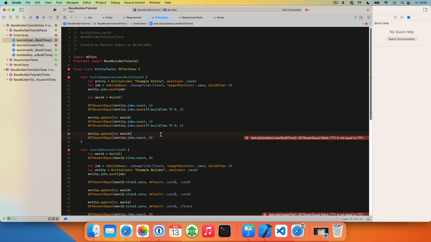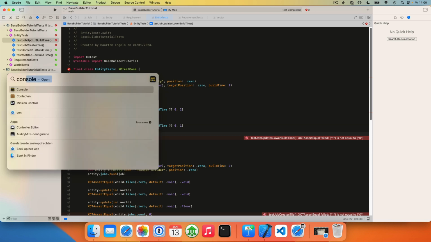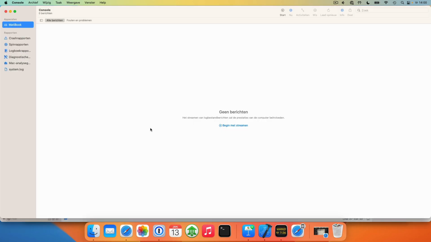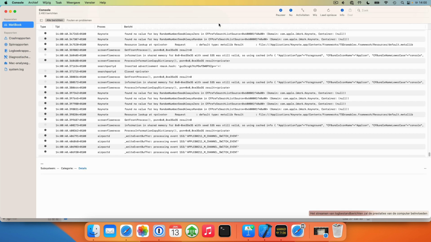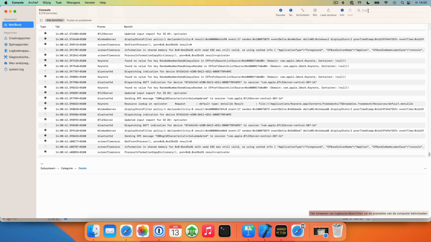So let's see what happens. It's a nice time to also show how you can look at the logging that we create. You can use the Console application for that. You can start logging. This will quickly give lots and lots of output, but we can